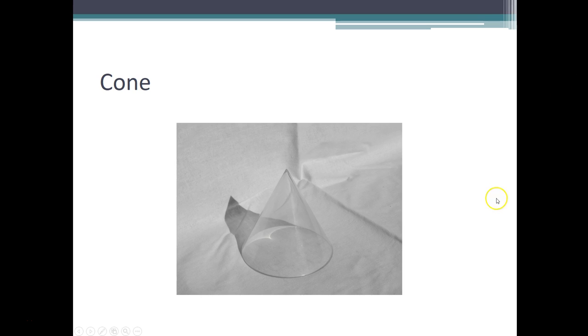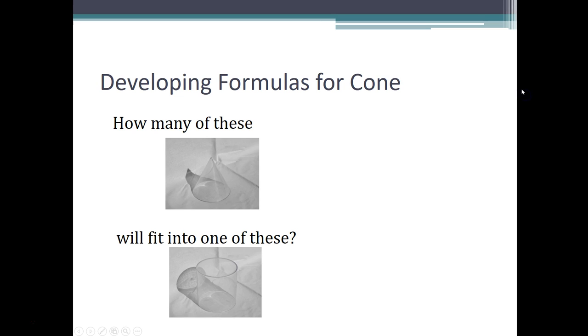Alright, cone. The cone's related to your cylinder in that the base can be the same as a cylinder. And the height from the tippy point here straight down, that's the same as the height of a corresponding cylinder. And if you think back to our little demonstration with pyramid and rectangular solid, the cone and the cylinder have the same relationship. When you're asked how many of these cones will fit into one of these cylinders, given the same base, same height,